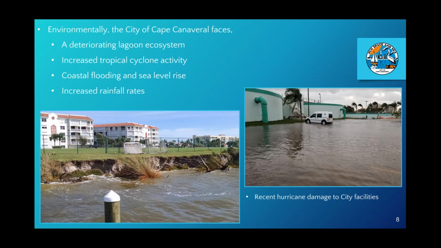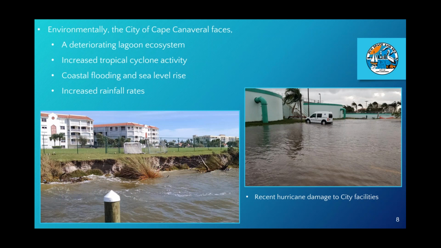Separately, a study released by the East Central Florida Regional Planning Council and the Treasure Coast Regional Planning Council in 2016 concluded that there is a 33-to-1 return on investment from a productive and sustainable Indian River Lagoon. In other words, for every dollar invested in the lagoon's health, there is $33 worth of economic benefit returned. We must do our part in maintaining and preserving this natural asset. A collapse of its ecosystem would be devastating to the area and, of course, to the city.